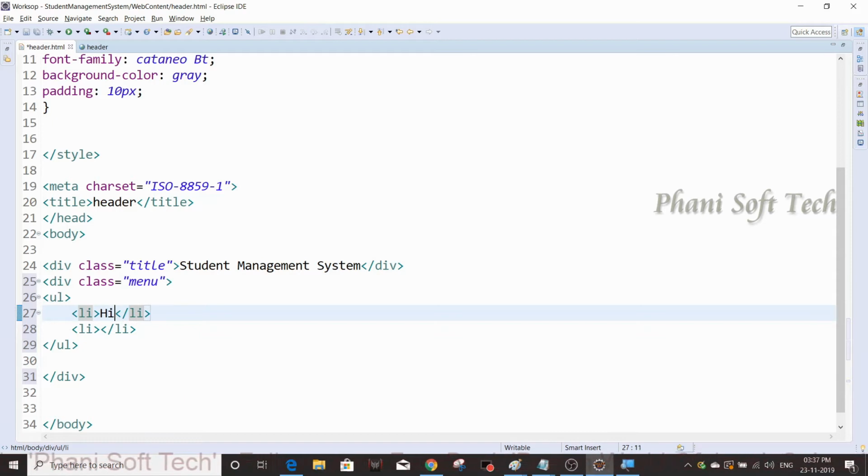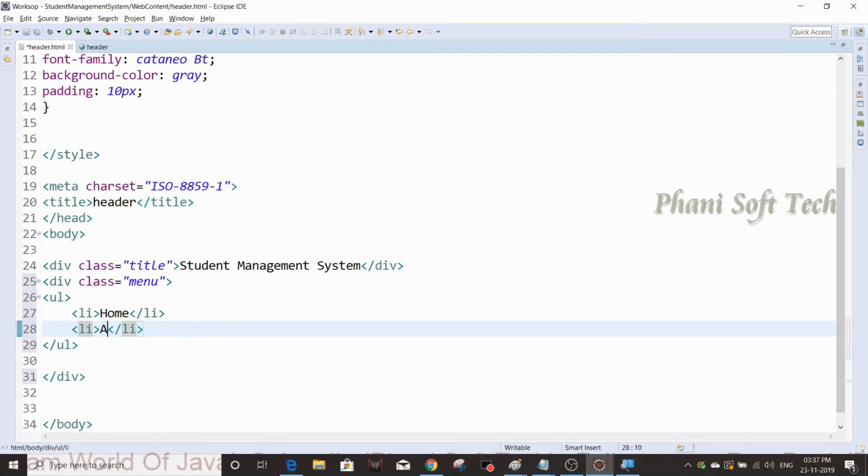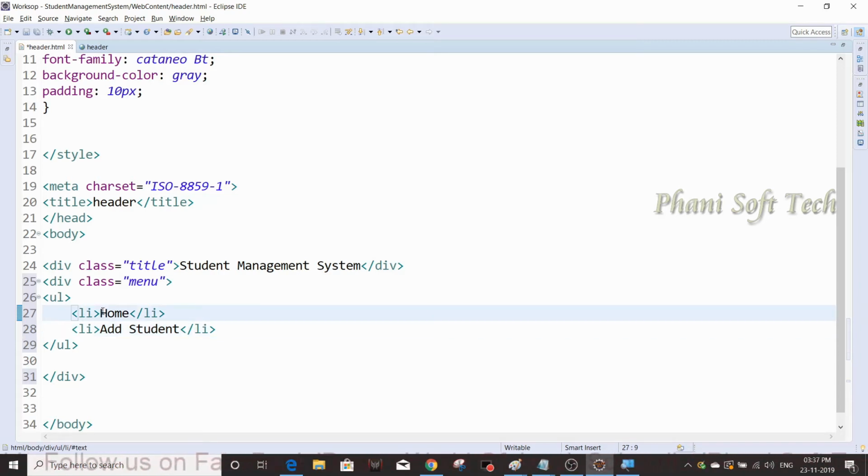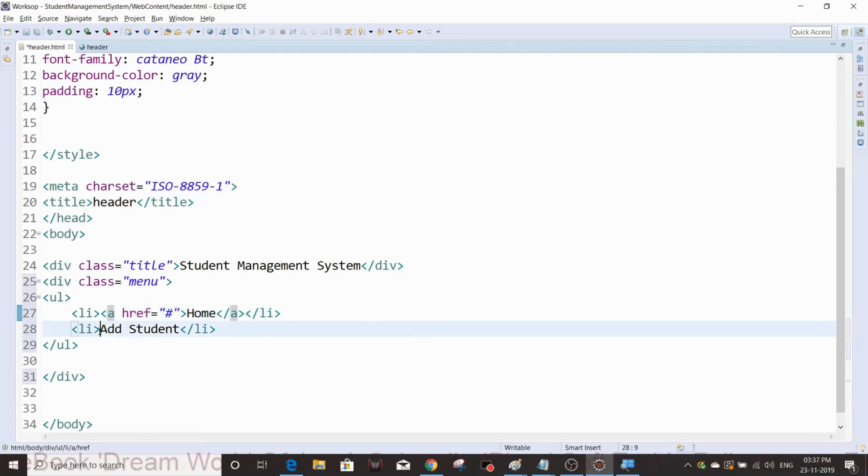One is for home, another for add student. So each text having anchor tag. Okay, we are giving link, that's what we are using, anchor tag. A for the anchor tag href, we need to give the target of the location. If you click home, where should it go, I mean, what is the target location, like that we need to give under the href. Okay, href tag. So here also we are going to give anchor tag href,